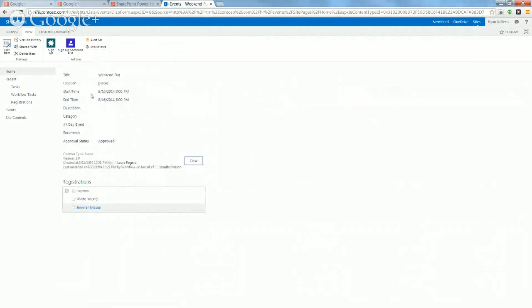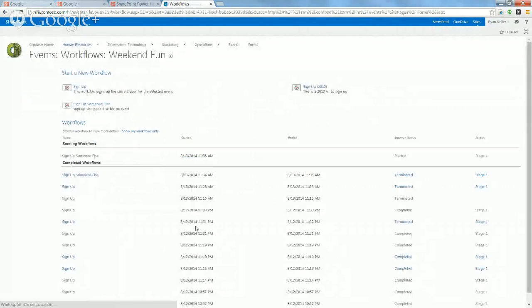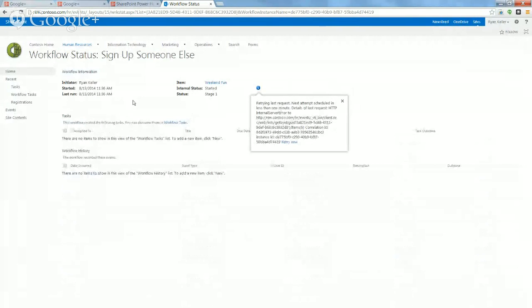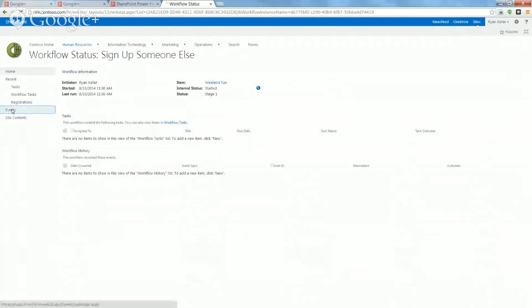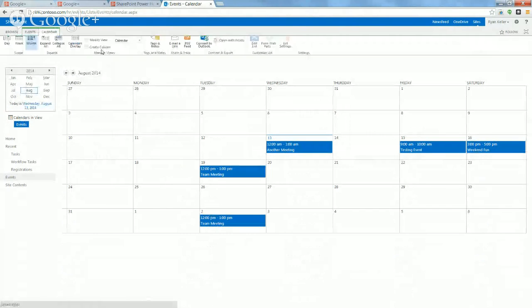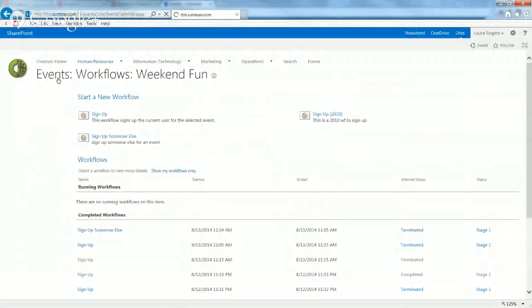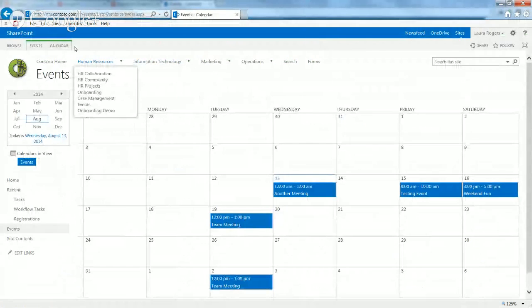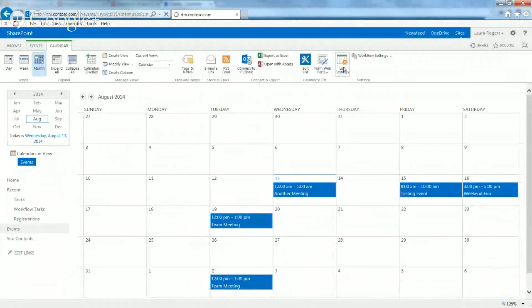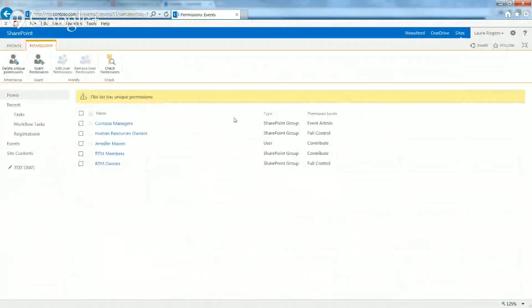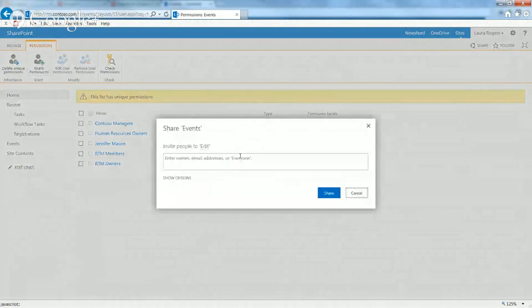Okay, so he was, let's go see what it's doing. Started and retrying. So the next step, what is the next testing step? It's kind of logical here. To add him where? Events. I'm going to do the same thing. So remember, I just pointed out that I had added him explicitly at the site level, but not explicitly here at the list level. So what I'm going to do is put Ryan in here,